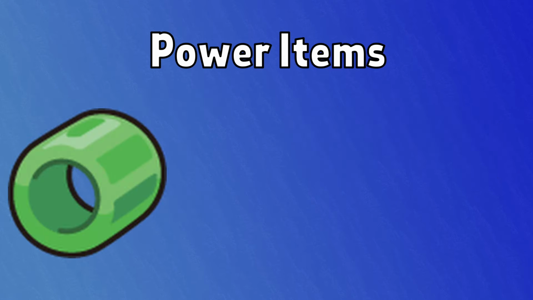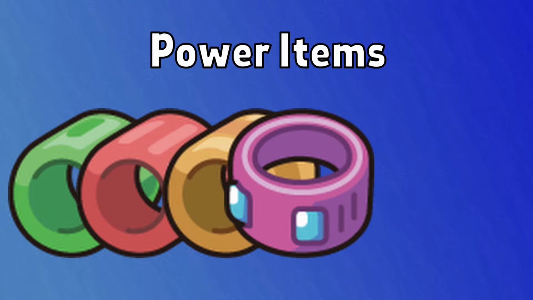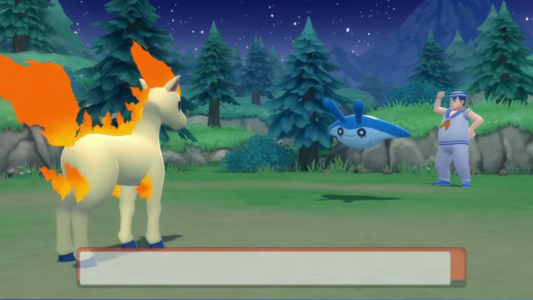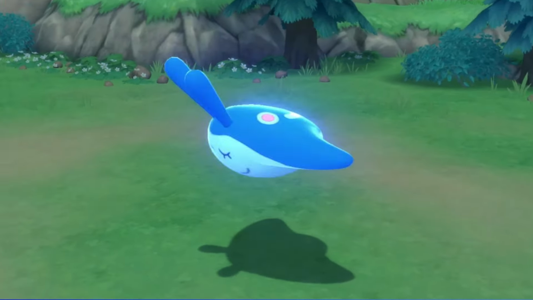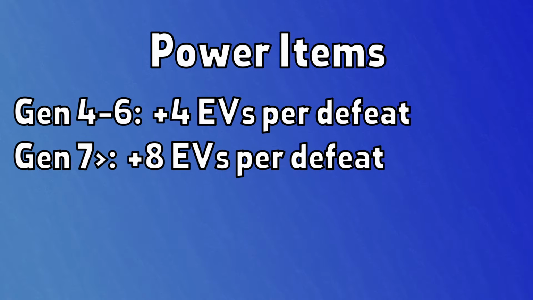The power weight is for HP, the bracer is for attack, the belt for defense, the lens for special attack, the band for special defense, and the power anklet is for speed. Every time you defeat a Pokemon while holding a power item, you gain an additional amount of EV points. From Generation 4 to 6, this was an additional 4 points, but from Generation 7 onwards, it's an additional 8